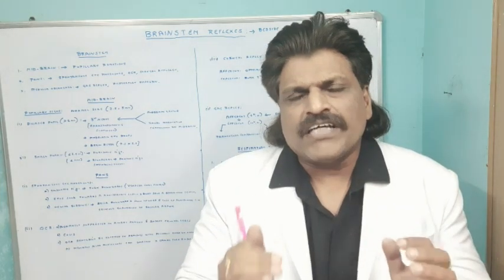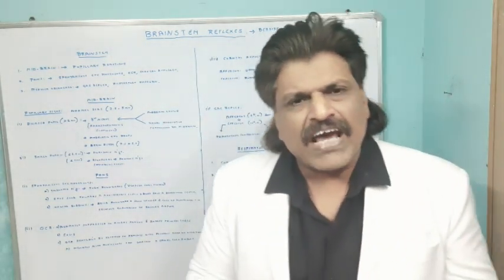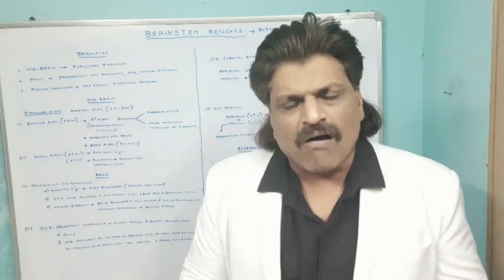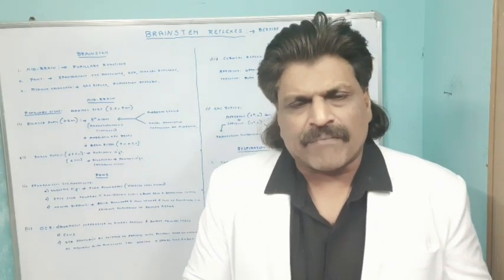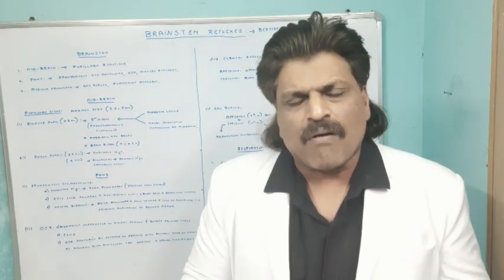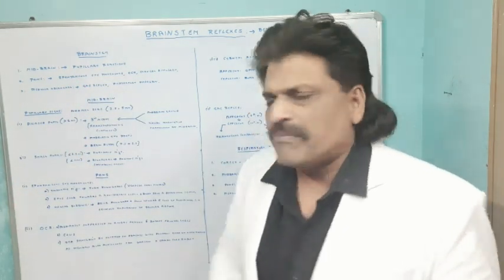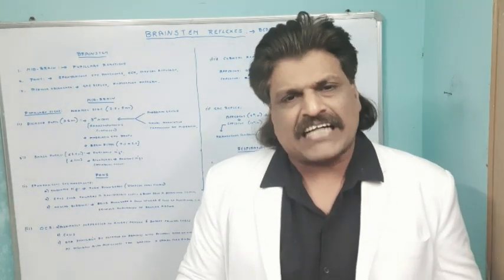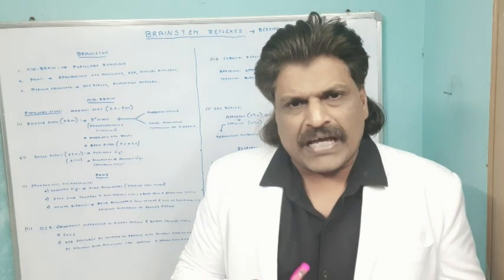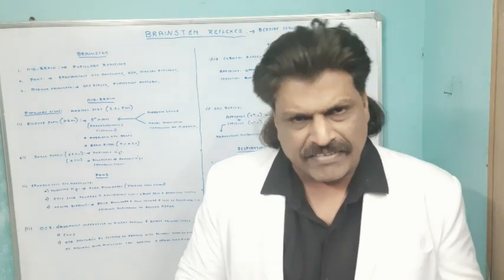But what are the components of the brainstem? Brainstem we have midbrain, pons and medulla oblongata. So, what are the reflexes we are going to elicit in the midbrain, pons and medulla oblongata? The reflexes which we are going to elicit in midbrain are the pupillary reactions. So when we elicit pupillary reactions, we can assess the midbrain activity.